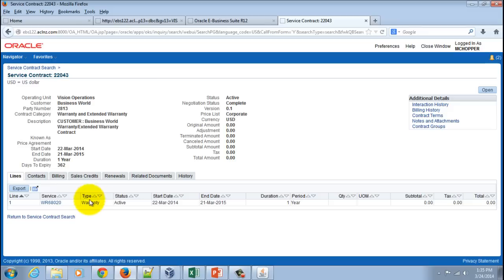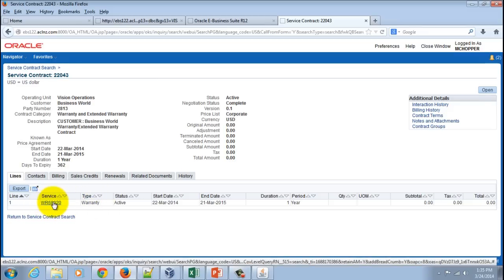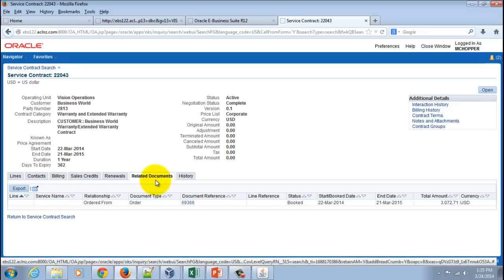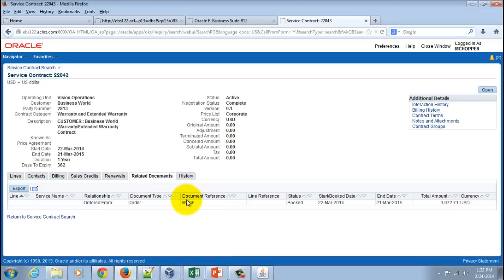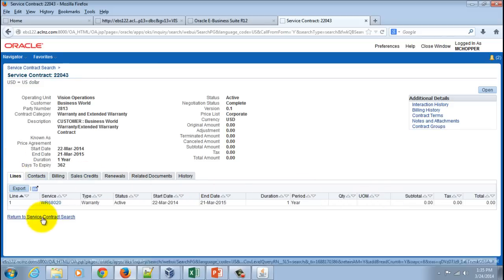So you can see this is a type of warranty and the item associated with it, and you can see the related document, and you would be able to see the sales order number over here, and as you could see the duration of this standard warranty. Okay, now I will go to the second one,